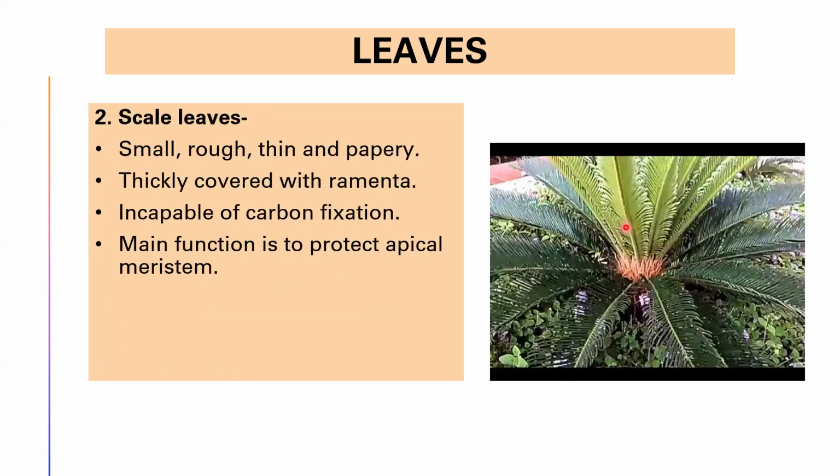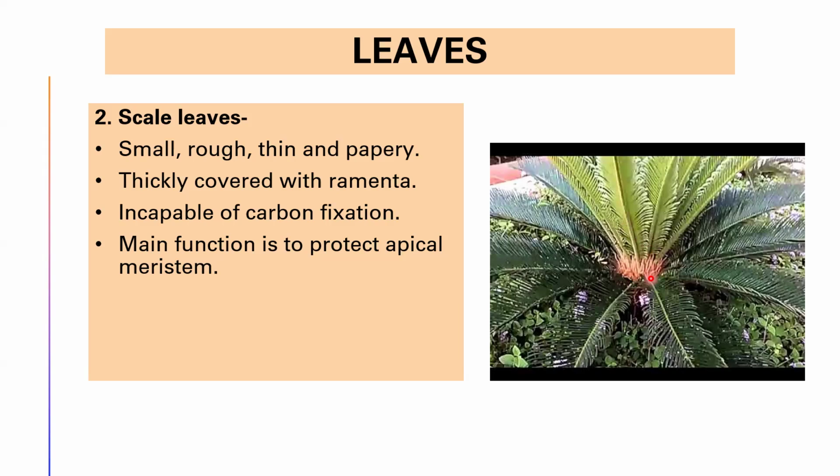The second type of leaf is scale leaves. As I told you, these scale leaves are present over the top of the trunk. They cover the trunk. They are small, rough, dry, and triangular. You can see they are rough in nature and have a hard texture. There is no chlorophyll present and they are covered with ramenta. They are not capable of carbon fixation because chlorophyll is absent, and their main function is to protect the